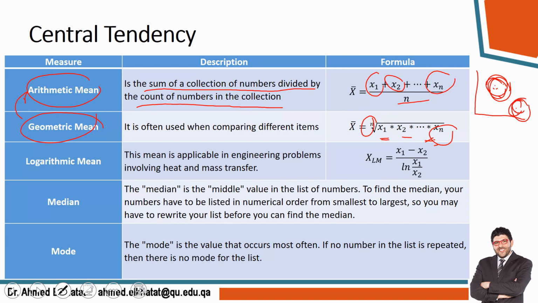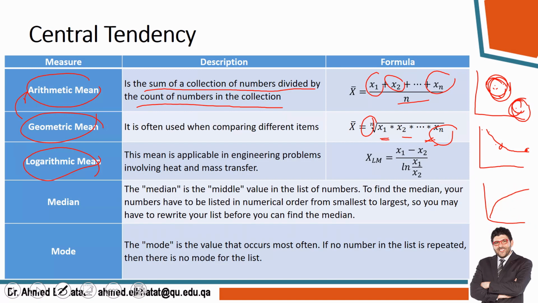Okay, we also have the logarithmic mean. The logarithmic mean is applicable mostly when the data has a trend like this, a curve or quadratic. So if you want to find the mean of this data, the best way is to use the logarithmic mean. So now, if you have this point and the end, you can find the point exactly here, and it's applicable in engineering problems involving heat and mass transfer, because if you have the driving force,